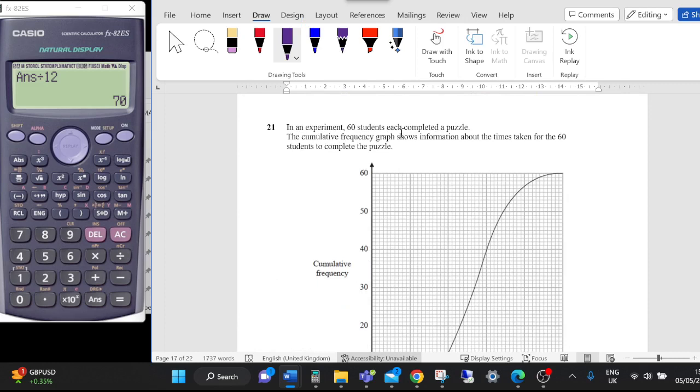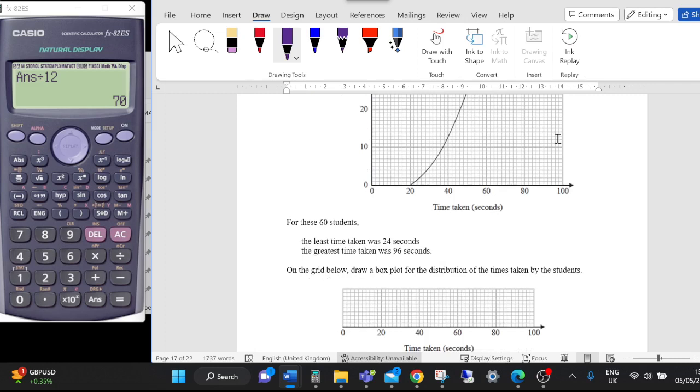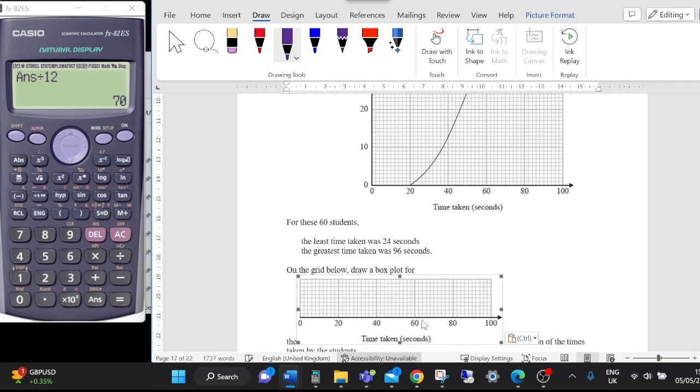Question 21. In an experiment, 60 students each complete a puzzle. A cumulative frequency graph shows the information about the time taken for the 60 students to complete the puzzle. Of these 60 students, the least time was 24, the greatest time was 96. On the grid below, draw the distribution of the times taken by the students. Not overly interesting. Is this exactly how it appears in yours? Yeah. This is quite a popular question on A-level papers, but they normally have